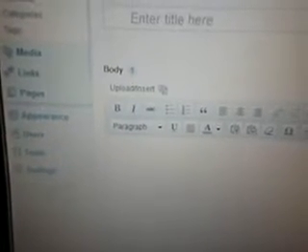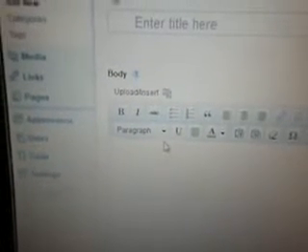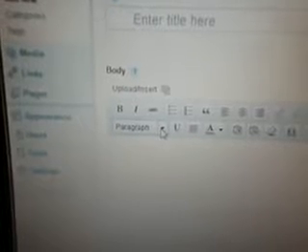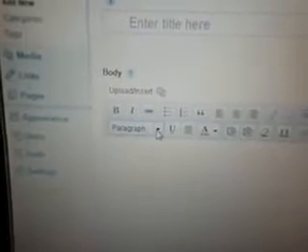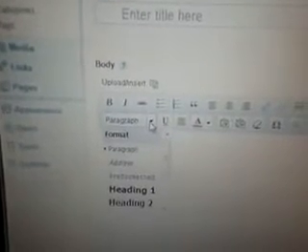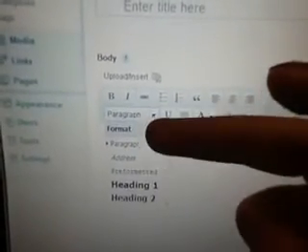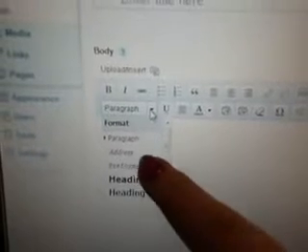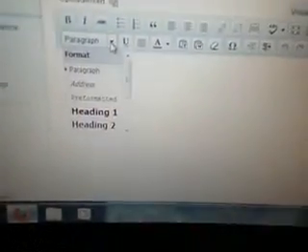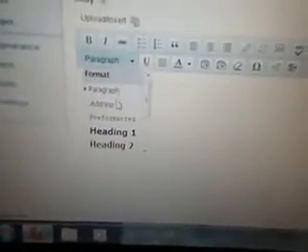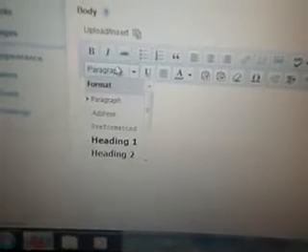And if you were to click on that little down arrow by it, it'll bring up a new window. If you haven't already experimented with it, don't be afraid of the computer and experiment. But if you open that up, you're going to see different options. Your paragraph. Usually that's what format you're in. Format is not necessarily a good thing to be in, but you want this to usually say paragraph, unless you're